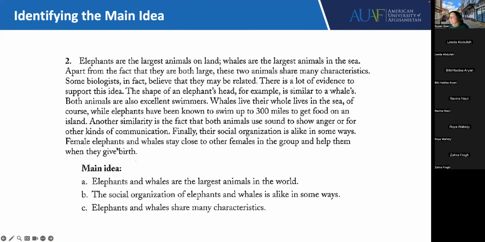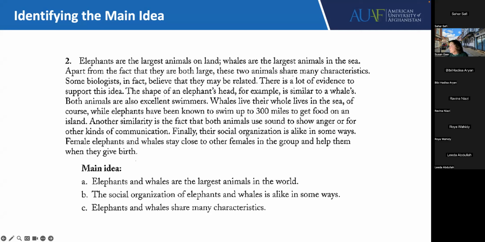Okay, this is about elephants. Who has not read yet? Sahar, go ahead. Elephants are the largest animals on land. Whales are the largest animals in the sea. Apart from the fact that they are both large, these two animals share many characteristics. Some biologists, in fact, believe that they may be related. There's a lot of evidence to support this idea. The shape of the elephant's head, for example, is similar to a whale's.